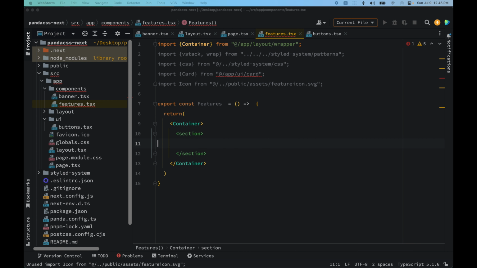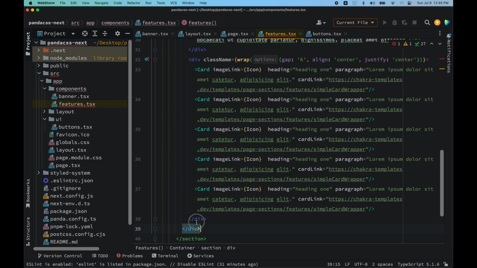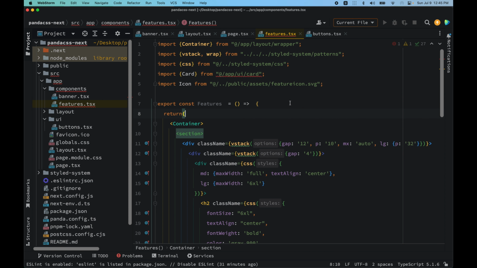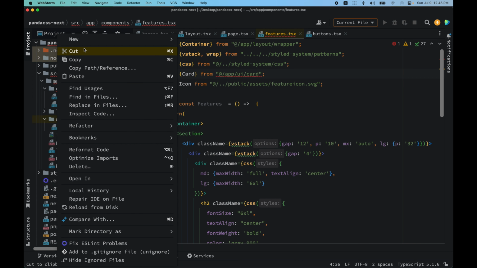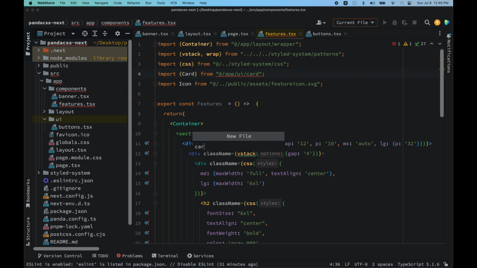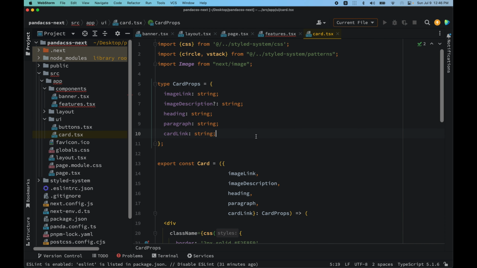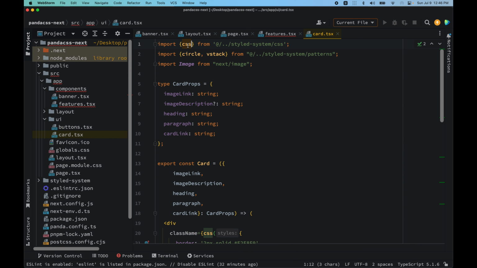So inside of our section, what we want to do is use all the divs that we created. So we'll be pasting in the divs that we created, and these are pretty much the divs that we need, which use this vstack, wrap, and every property that's created up here. And probably it's complaining that I haven't made anything called card. Let's go to UI and create a card component there, card.tsx. So inside of card.tsx, I'll be pasting in what we have prepared,